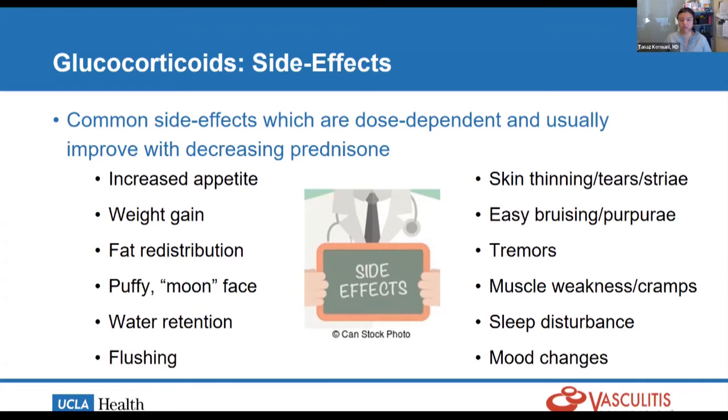They may not completely resolve. Some of the bothersome ones, of course, are the increased appetite, weight gain, the change in appearance from the puffy moon face, or sometimes the so-called buffalo hump at the back of the neck, water retention, skin changes, including stretch marks, or what we call striae, skin fragility with bruising, thinning, and then also side effects like tremors, muscle weakness,